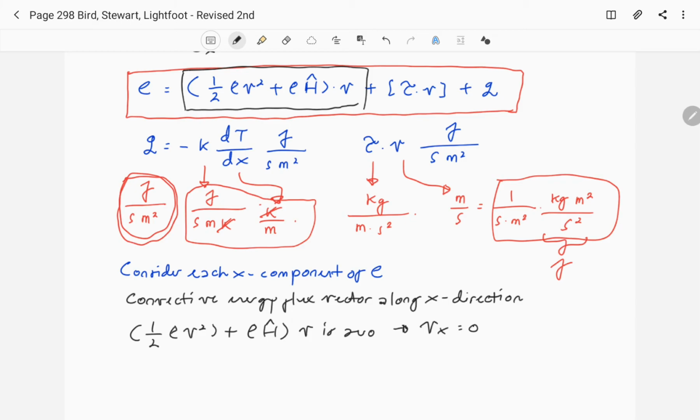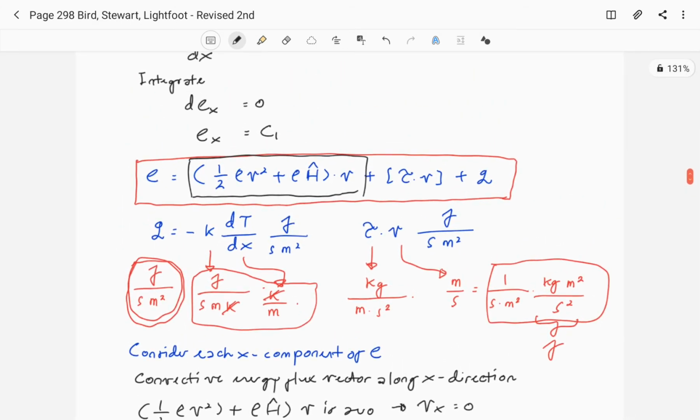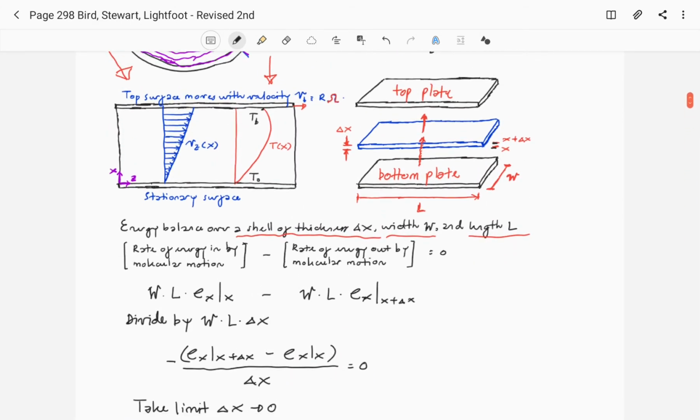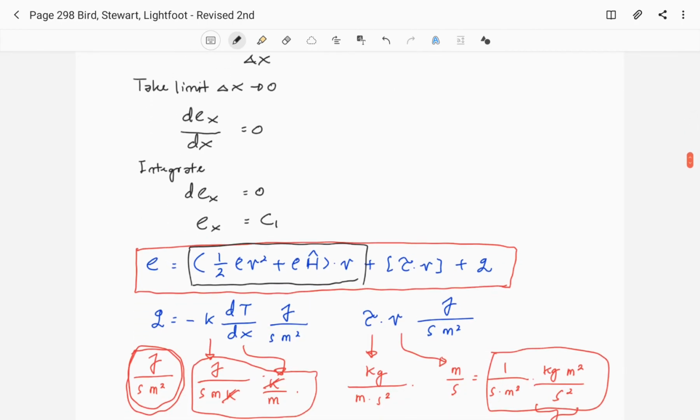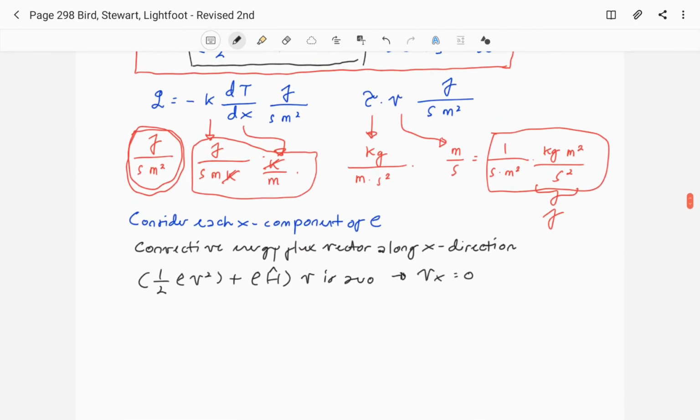Okay, in other words, you have no velocity in the x direction, which is what you need to check in your system. You need to connect back into your system again. In here there is no velocity in this direction. Your velocity is only in the z direction. Okay, so it's very important that you check back into your system again and reconnect these things.